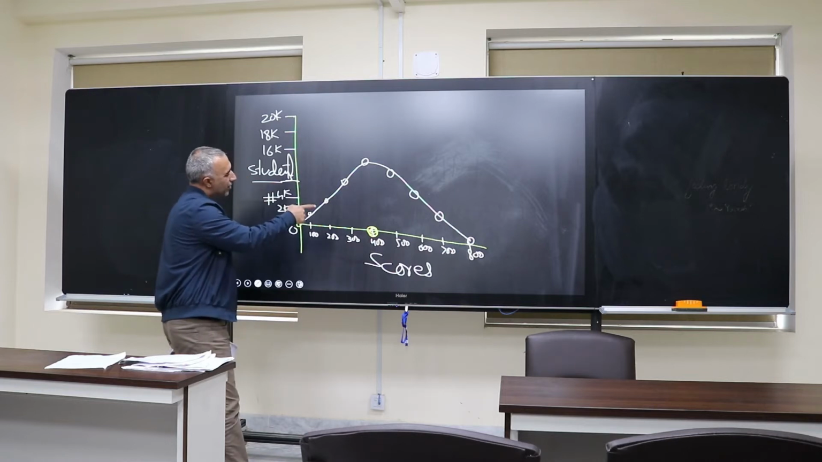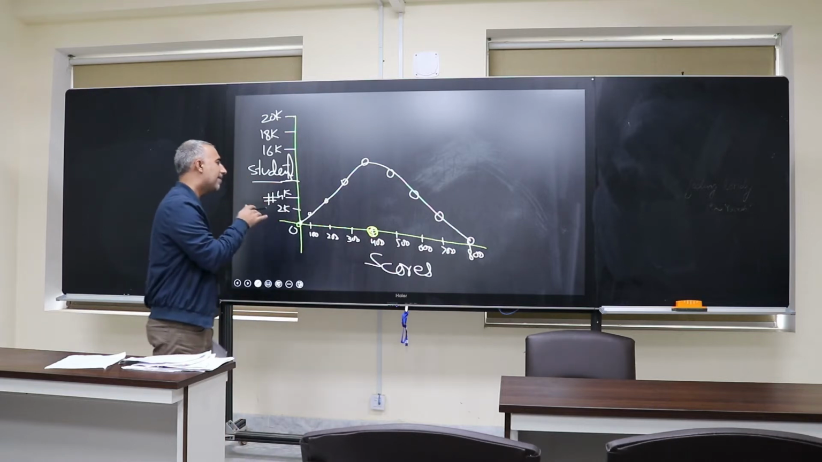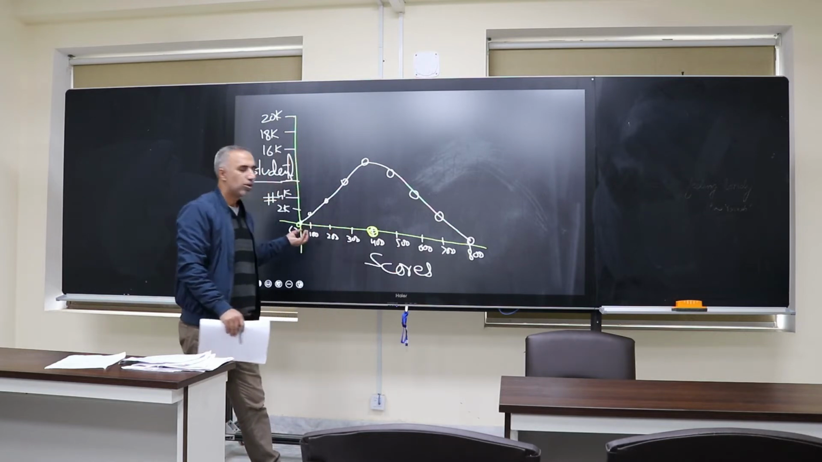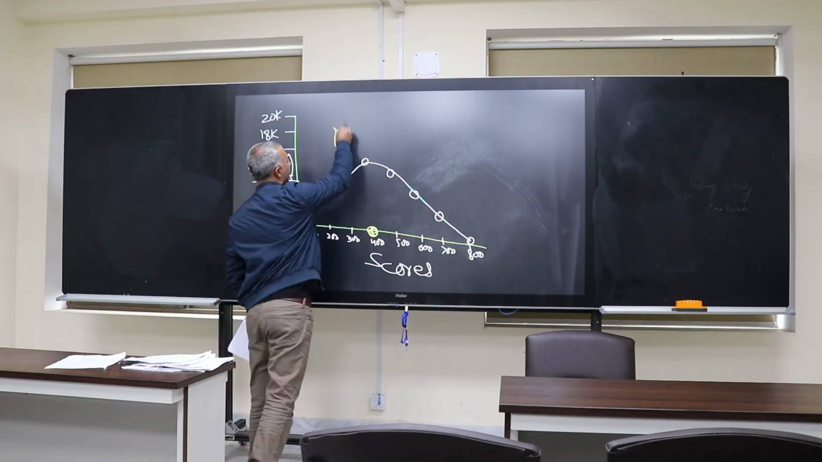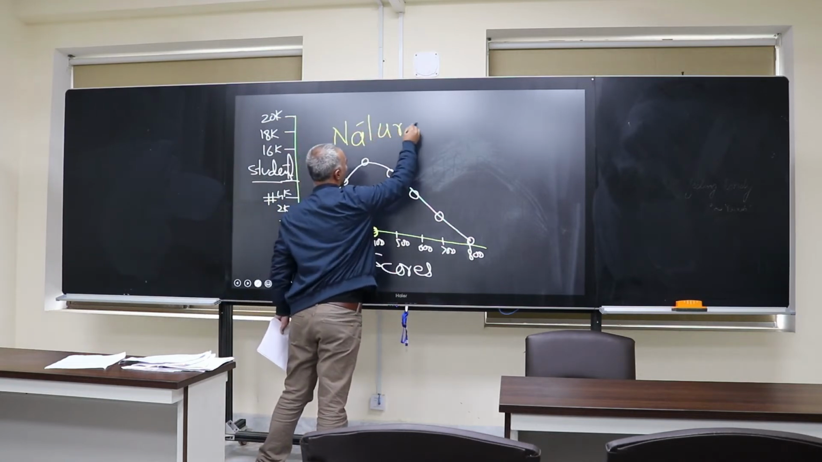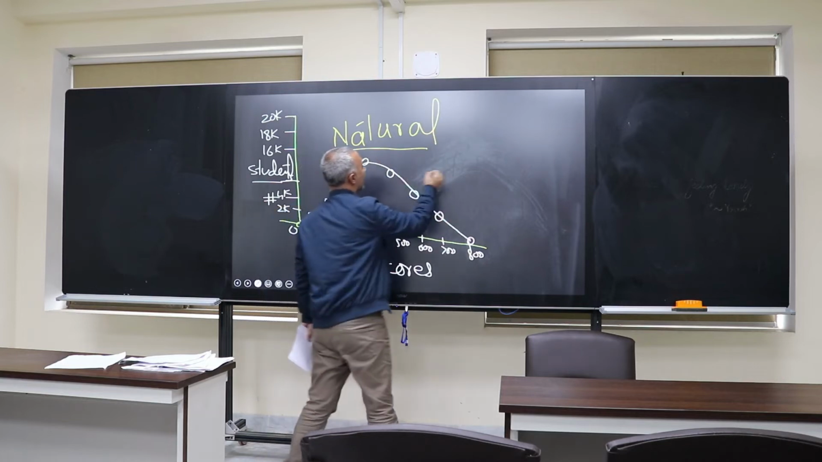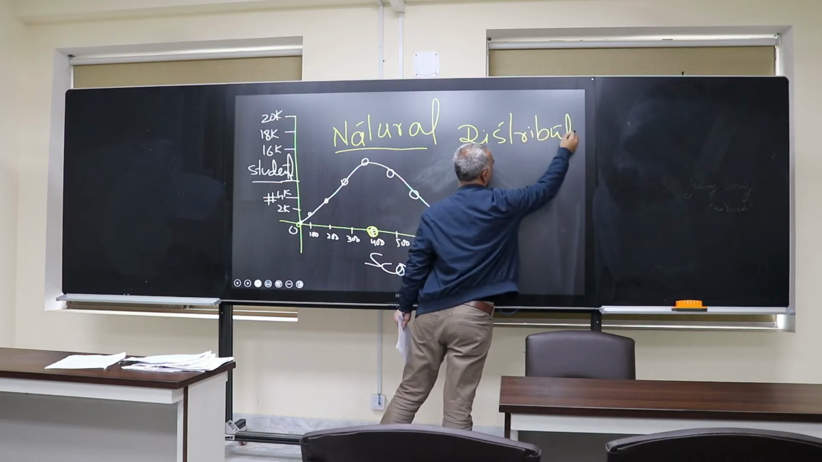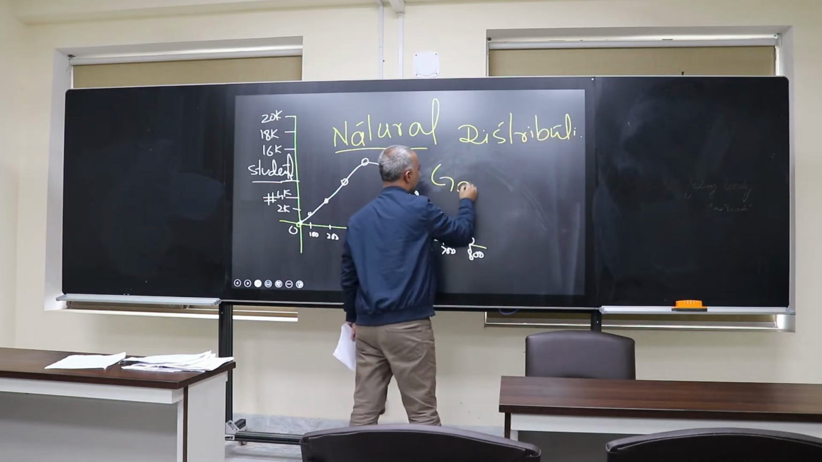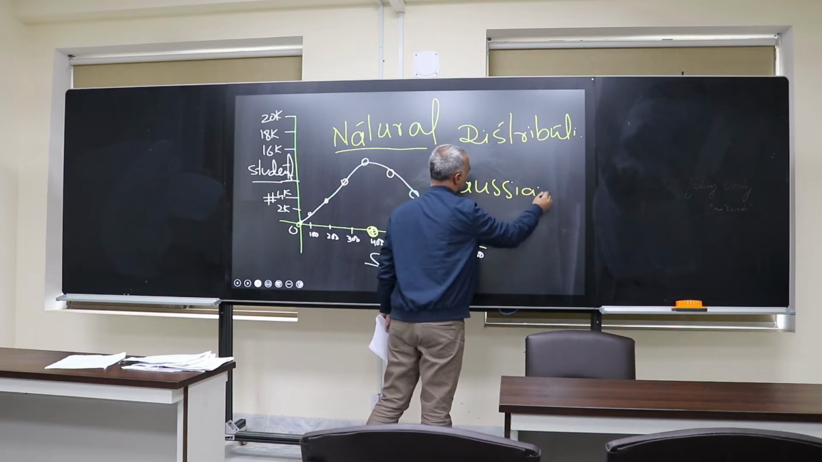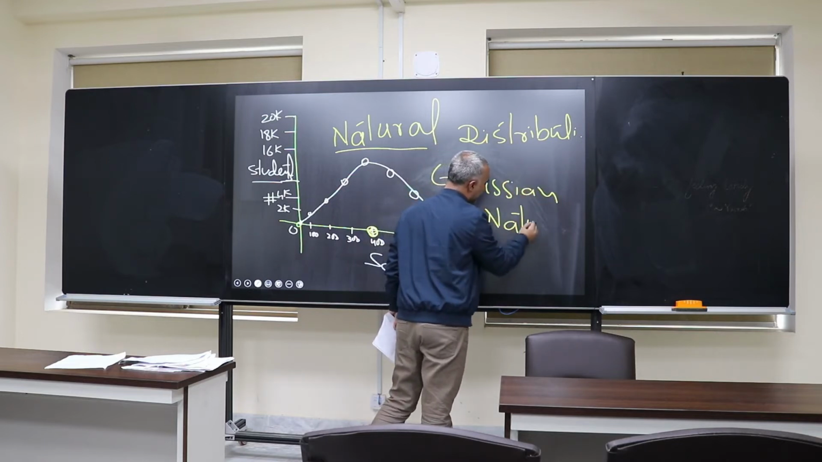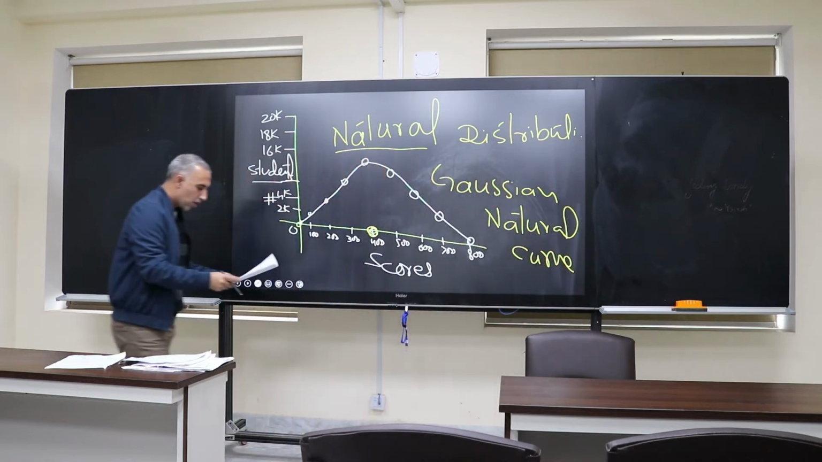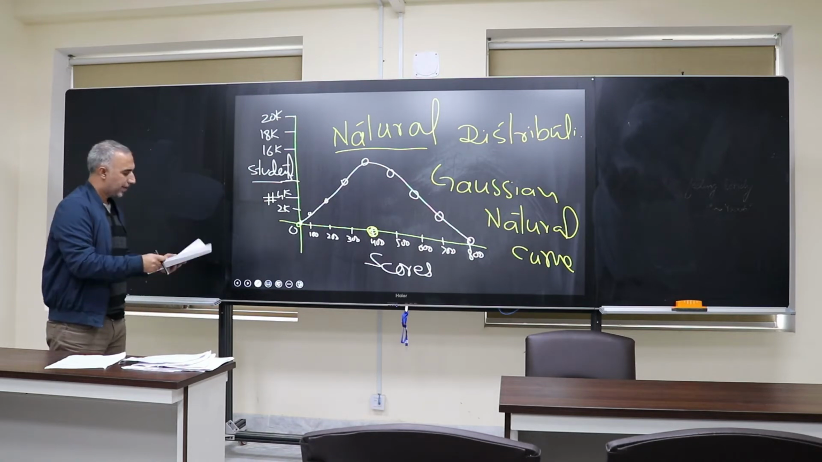So this distribution around the average is known as the natural distribution, or you can say the Gaussian natural curve. So the formula for this is